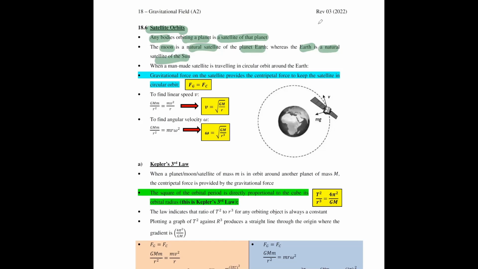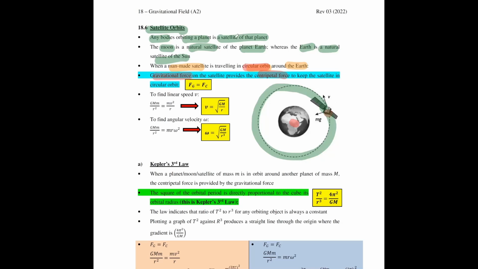Now let's just consider the case where you have a man-made satellite that's traveling in circular orbit around the Earth. So this one is your Earth, this one is a satellite. It moves in circular orbit like this, right? Now, since this satellite is moving in a circle, from the previous chapter, you already learned that for something to move in a circle, you must have centripetal force in order for your object to move in a circle in the first place. And centripetal force needs to be provided by some other existing force. For the case of the satellite, your centripetal force actually came from your